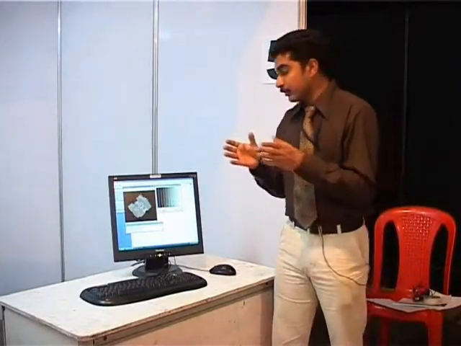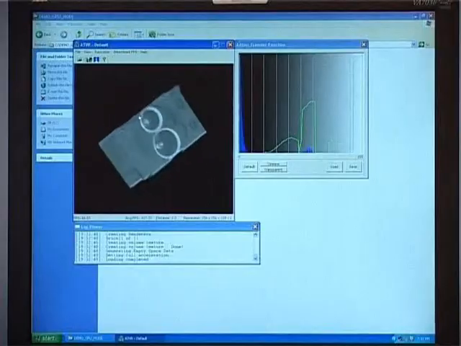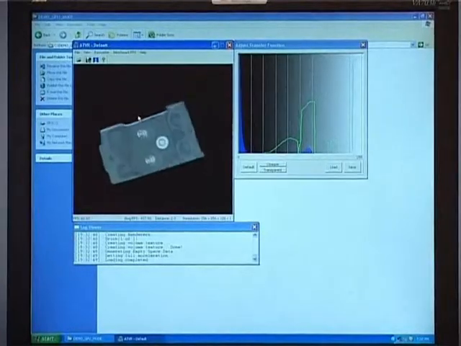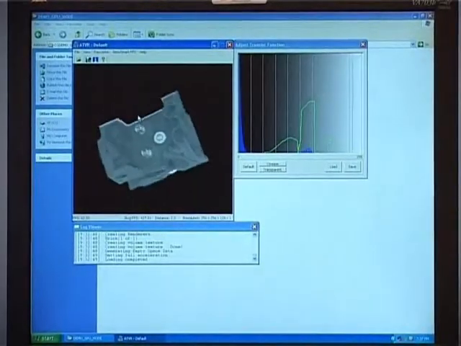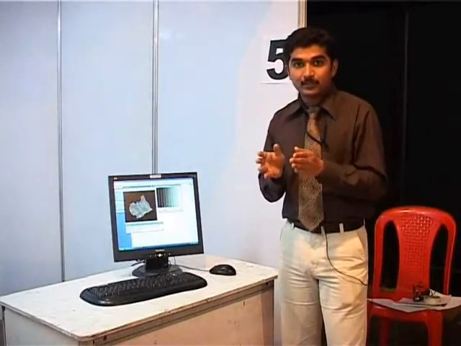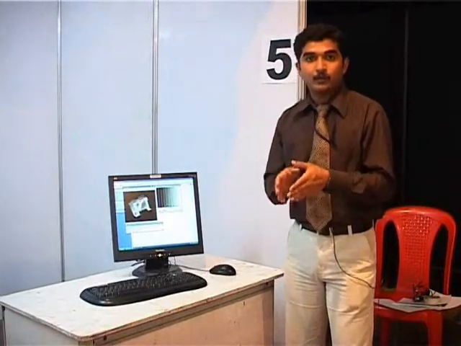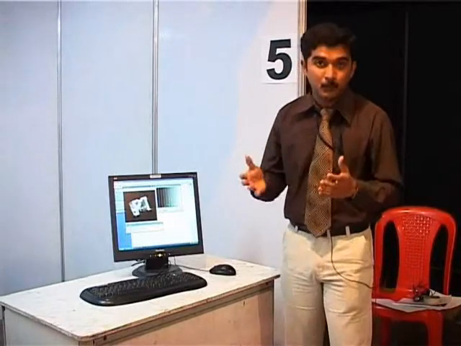Actually, the 3D volume visualization is done using a technique called ray tracing. Ray tracing is a very time consuming process because we have to consider each and every pixel in the volume and do the processing for each and every pixel. So that's the reason why we go for GPU. With the help of GPU, we can parallelize these time consuming portions and have a good performance. Not only good, it's very high performance when compared to CPU implementation.